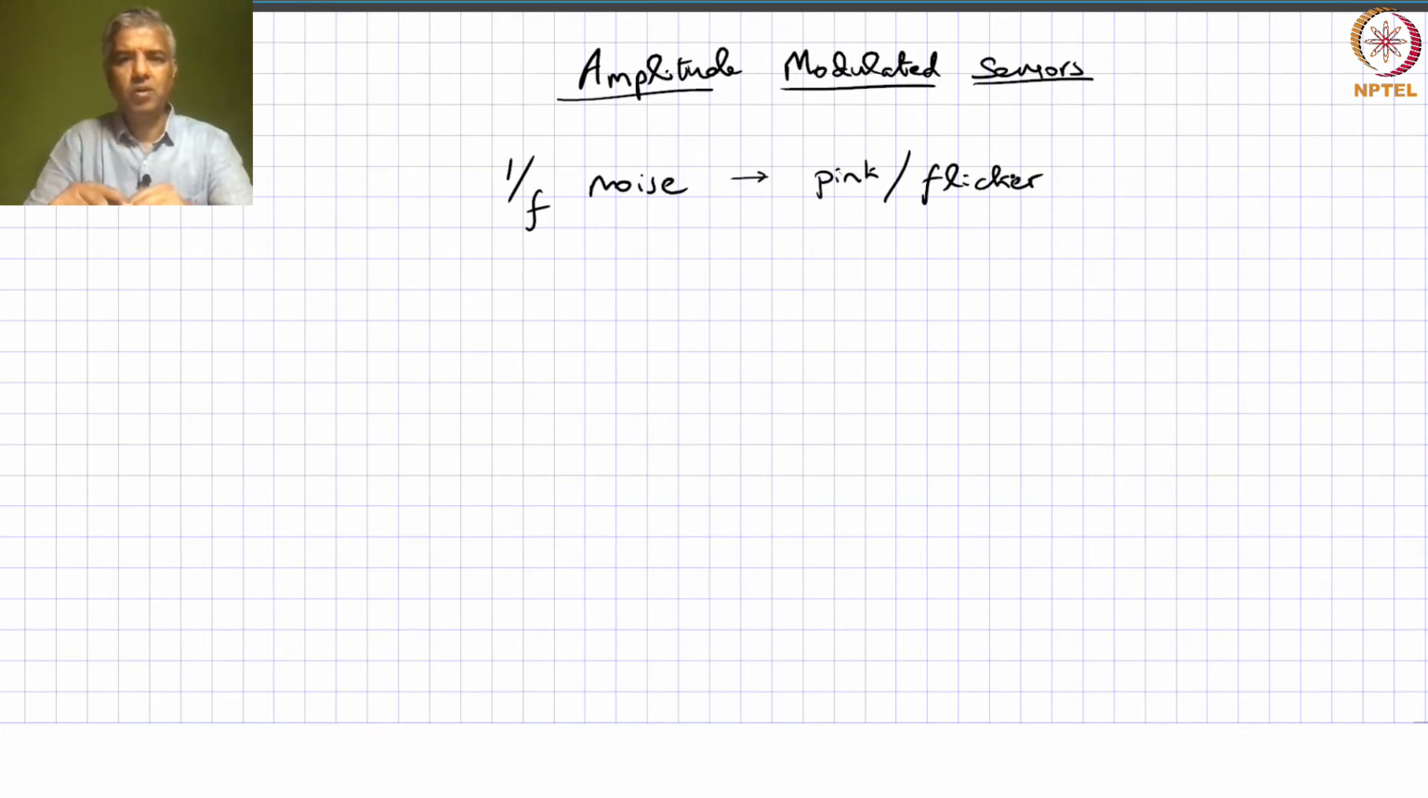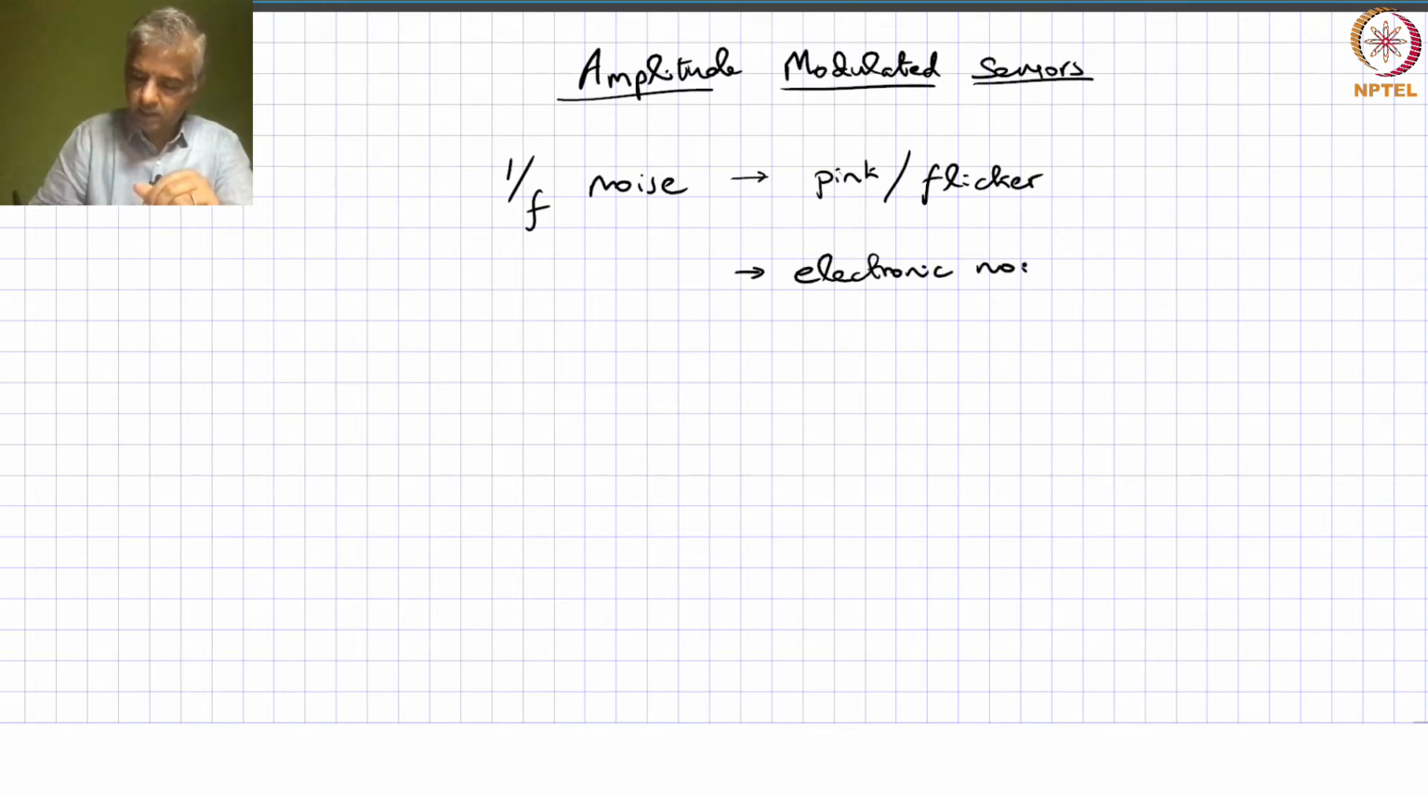The origin of this noise is still being debated. There are different explanations for this noise, but what we are considering it as is electronic noise, because it's showing up in our receiver electronics. As far as receiver electronics are concerned, it could be because of slow fluctuations